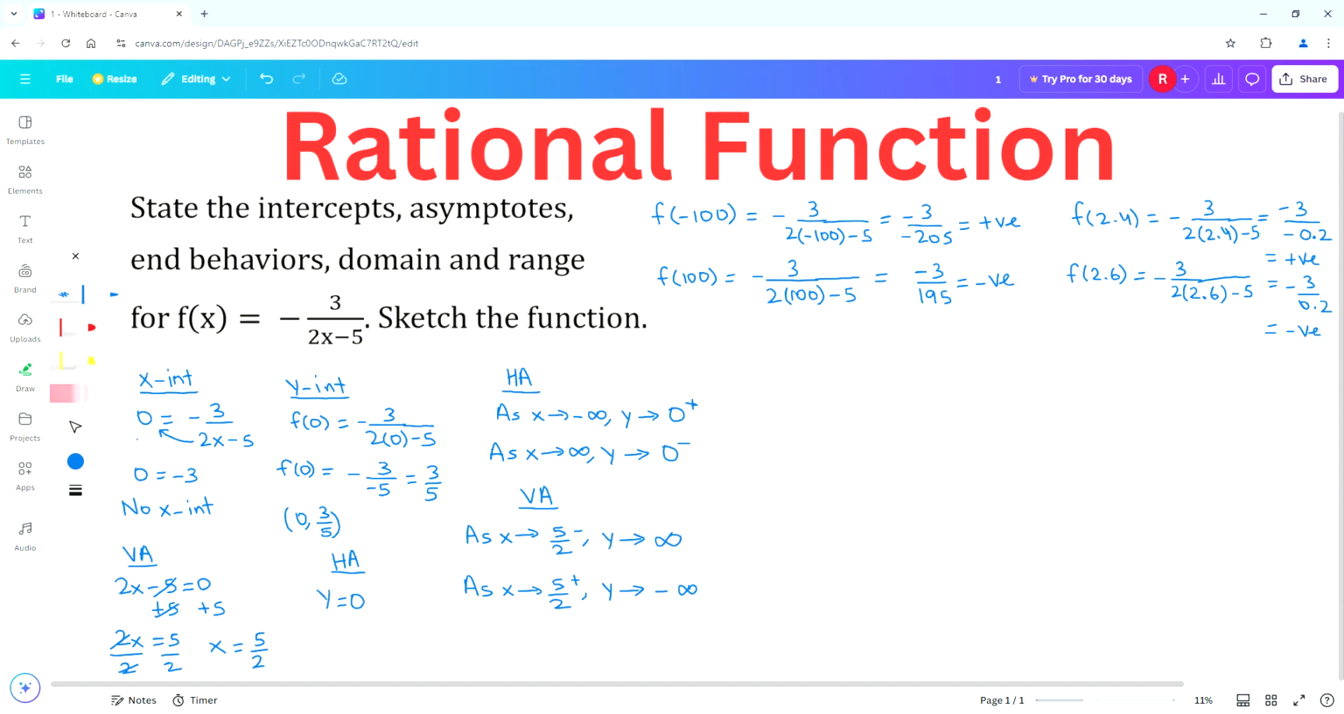Next, we can find the domain. In the domain, we have to exclude the x value where the vertical asymptote exists. So the domain can be written as x is a real number, and x cannot be equal to 5 over 2. In interval notation, the domain can be written as